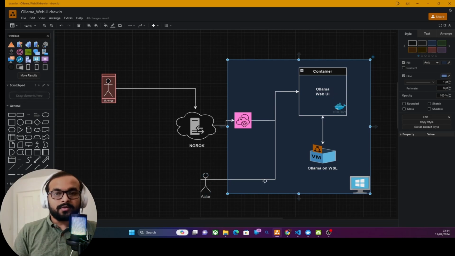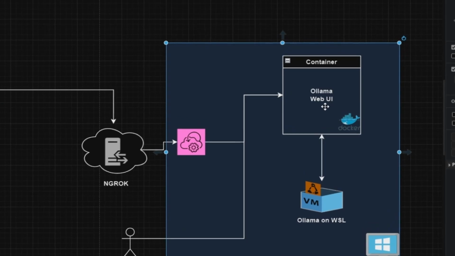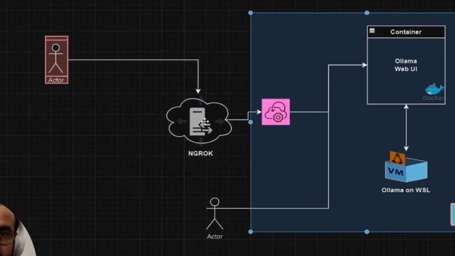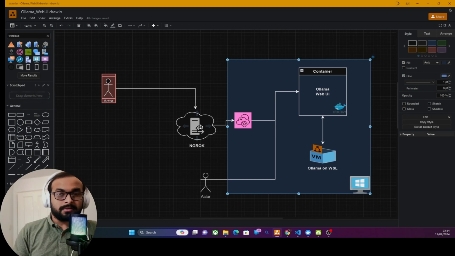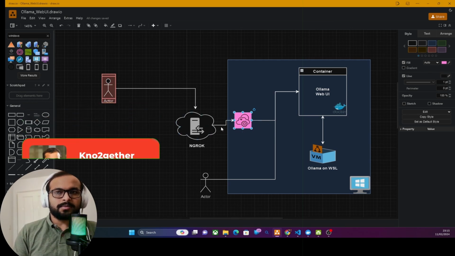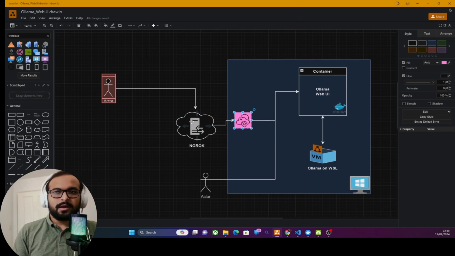However, if I want to make this UI accessible from anywhere in the world, I need to put the Web UI onto the internet. And for that, I need a distributed reverse proxy such as Ngrok. Ngrok, or however you say it, allows a free reverse proxy which you can use to connect a secure tunnel with your local machine. That means you will have an Ngrok agent running in your local system, which will have a secure tunnel to this reverse proxy on the cloud, and this will give you